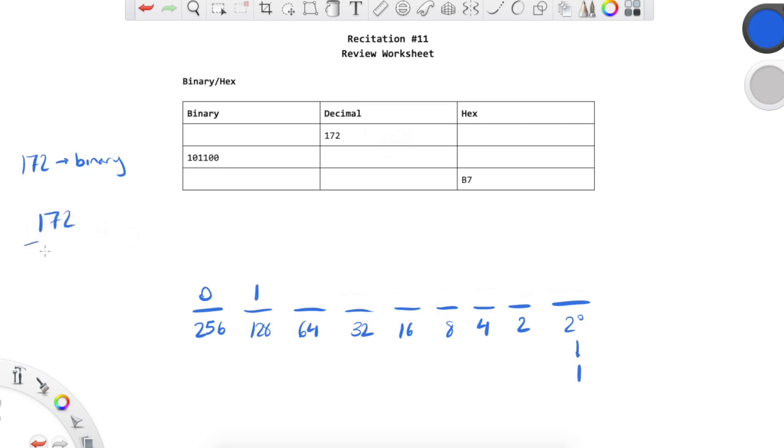So minus 128, and I believe that is 44. Okay, so now we're dealing with 44. So can I put 64 into 44? I cannot, so I put a 0. Can I put 32 into 44? I can. Put a 1, subtract 32, get 12. And you don't need to necessarily do this repetition over and over, because once the number